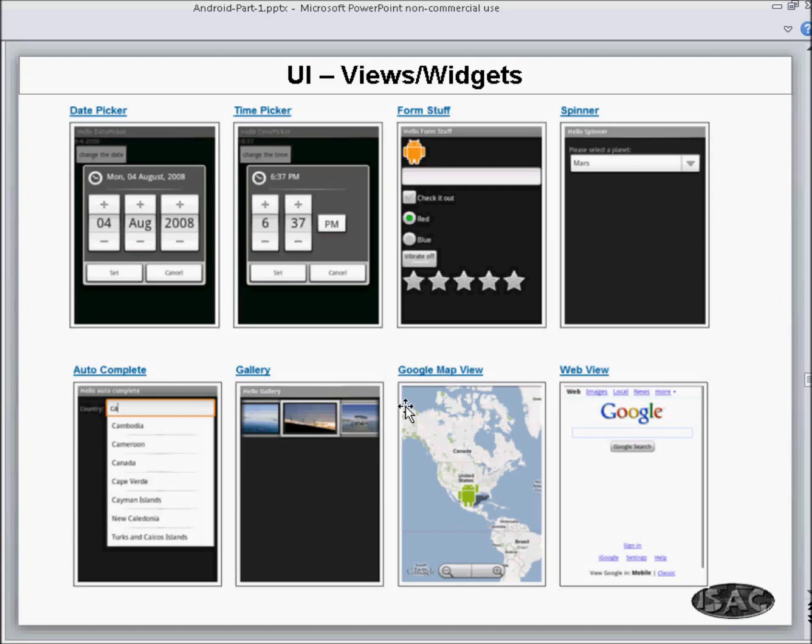Will declare about the view. Views are basically small controls, whether it is a checkbox, radio button and all those things. All of them, those controls are called views, and it can be of any one of these. So this is one view, this is another view, this is another view. Now,